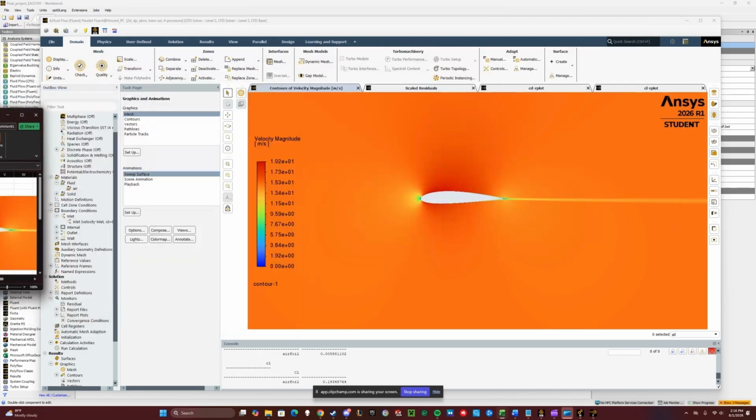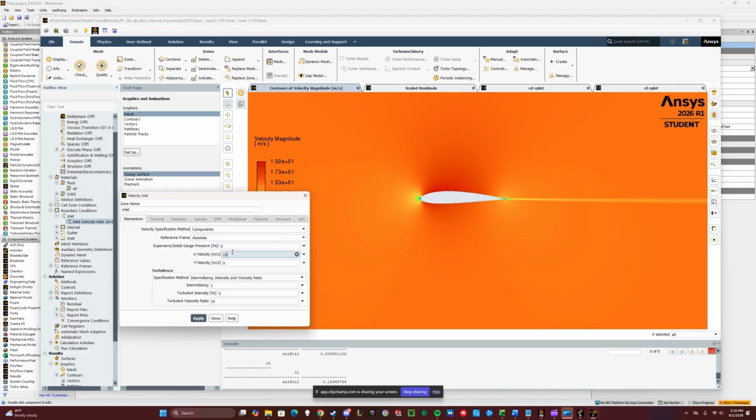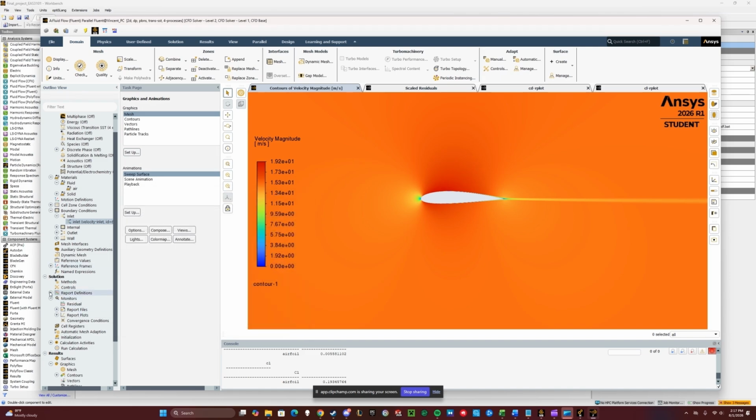So if I bring this back over to my other screen so I can type it in, we just go into inlet velocity right here, go into X, and we can just type in 14.7723467. And then for Y direction, we just type in 2.60341561. Click apply, make sure that I hit apply, close, and then we're going to go into our report definitions,